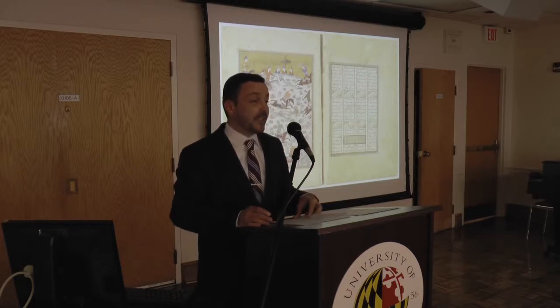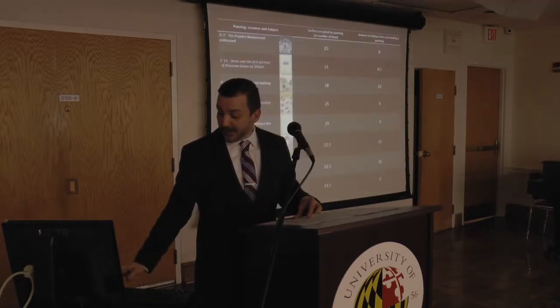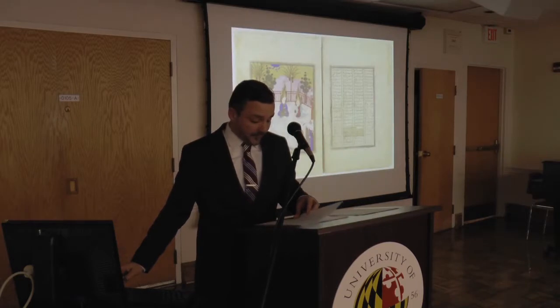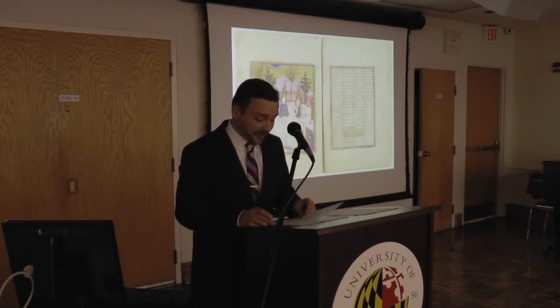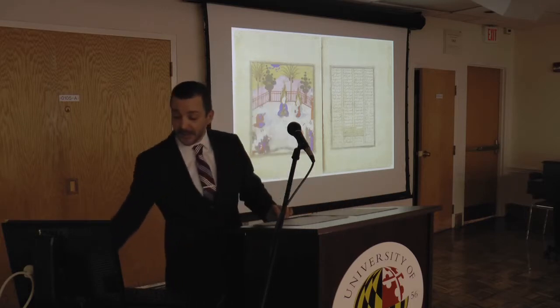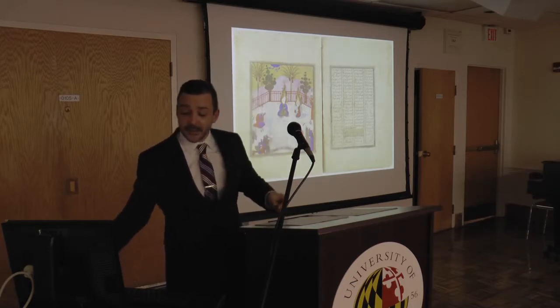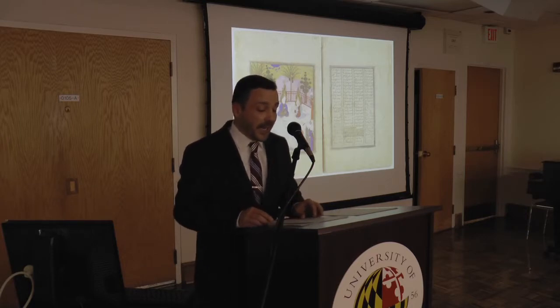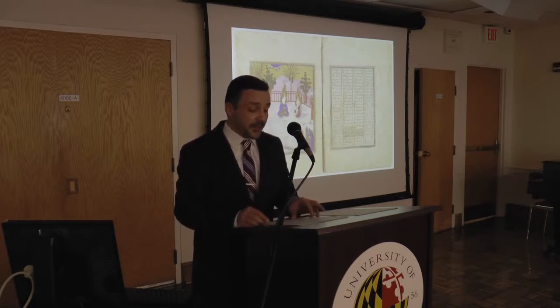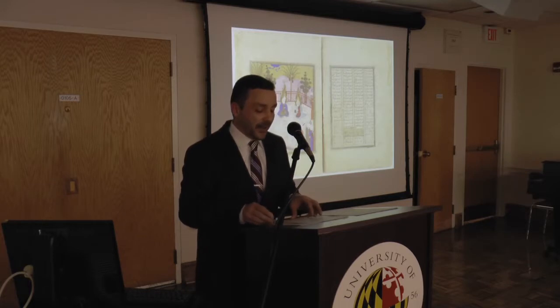So the manuscript still contains 5 paintings, but it means that with the 2 pages, there is another thing. There is another painting which is from the Safavid period. You see that these figures have the red color, so the typical turban from the Safavid. And X-ray analysis showed that this painting is actually covering another painting underneath, which depicts, and I come back to that later, the Prophet Muhammad